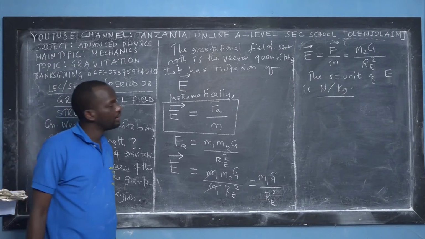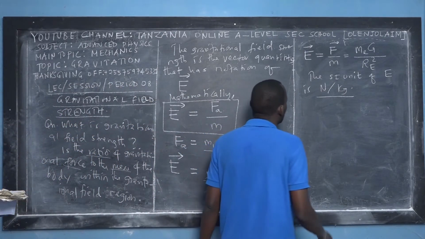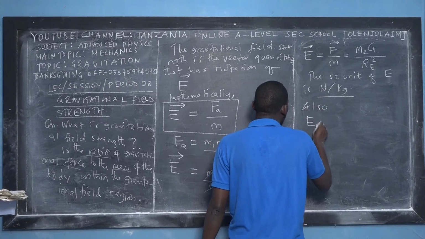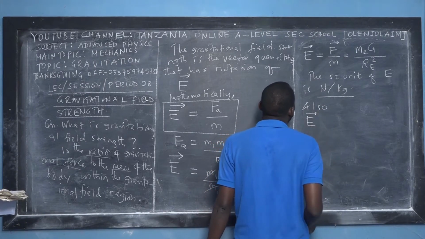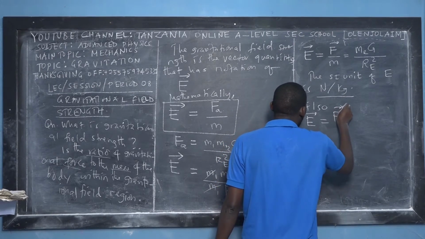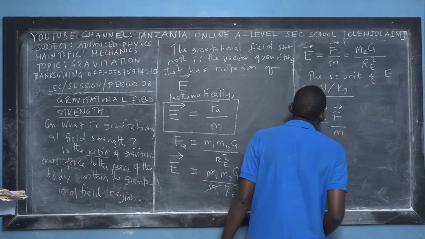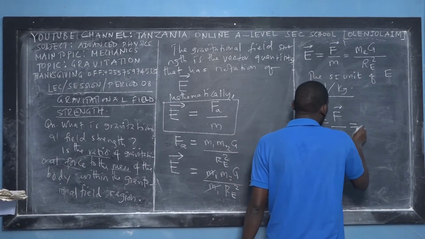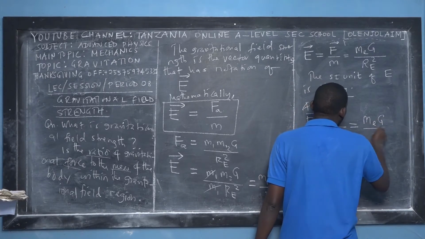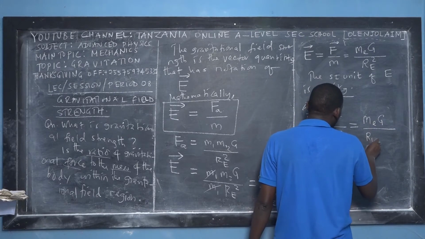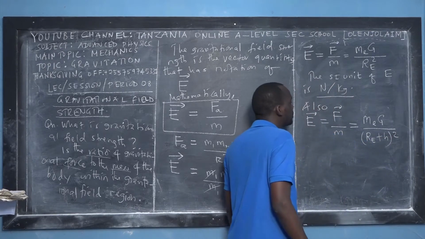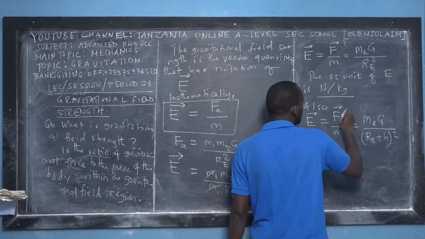So that is in case that maybe on the surface. Also, gravitational field strength above the surface can be measured as what? As a force above the surface, force of attraction of a mass, for example, mass of the satellites. And then this will be mass of the Earth times universal gravitational constant. Then here we have radius of the Earth plus the height above the surface, squared. So this is above the surface.